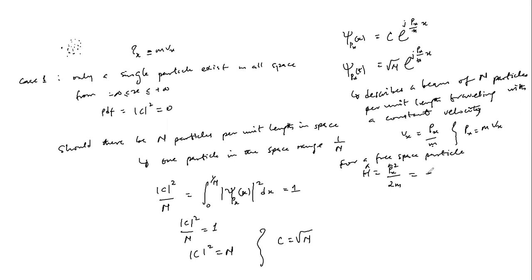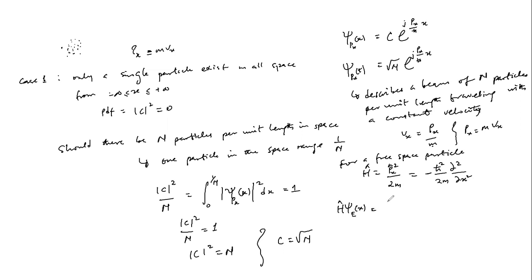Its energy is the same as p squared over 2m. Now, the corresponding time-independent Schrodinger equation, therefore, will become the Hamiltonian operator operating on the state function